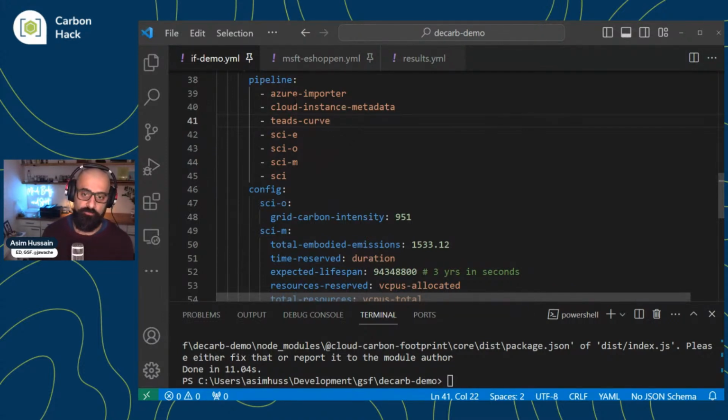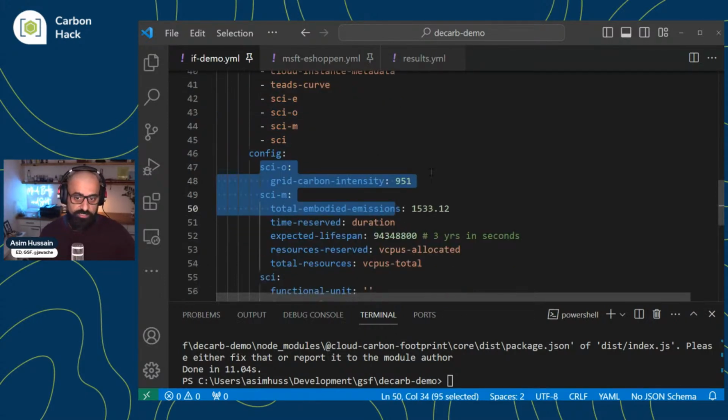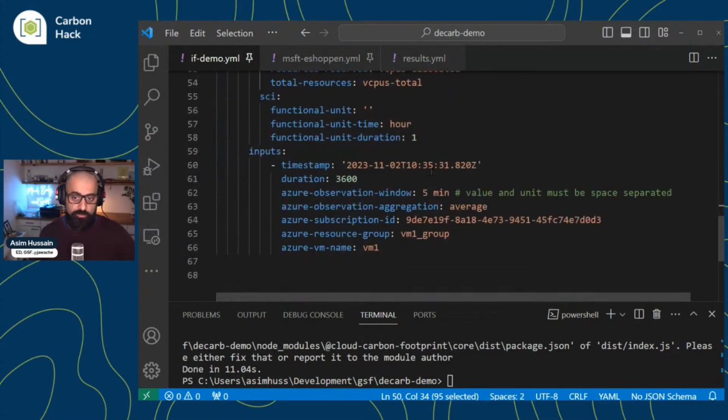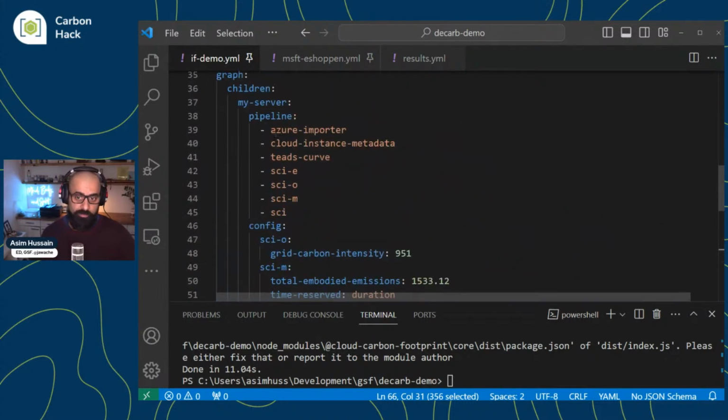The first thing we've got is multiple different types of models, micro model plugins that we've added here, which will all work together to compute the impacts. There's also configuration here, and I won't go through it today, but in future sessions and in the documentation, you can see how the configuration works. The important thing in here is impacts. These are the observations that you can observe about your running system. This just has one observation. And in fact, we don't even have any observations. We want you to go to Azure and get the CPU utilization for us. So that's what the first model plugin does. It's actually built by the Microsoft team. They built an Azure importer plugin.